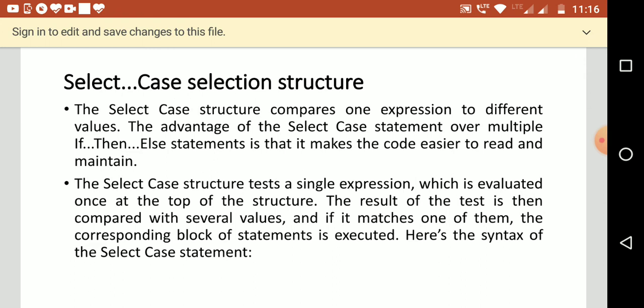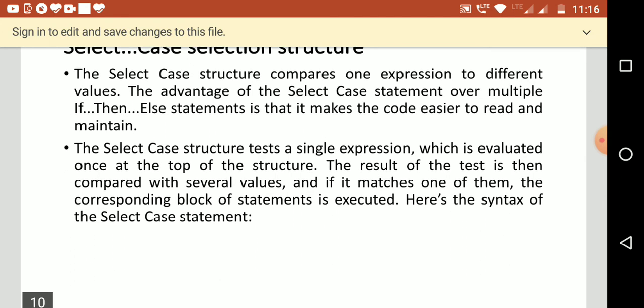The advantage of the select case statement over multiple if then else statements is that it makes the code easier to read and maintain. The select case structure tests a single expression which is evaluated once at the top of the structure. The result of the test is then compared with several values, and if it matches one of them, the corresponding block of statements is executed.